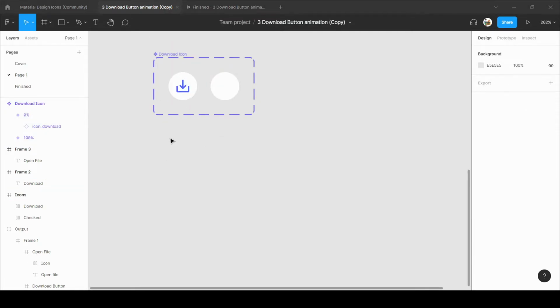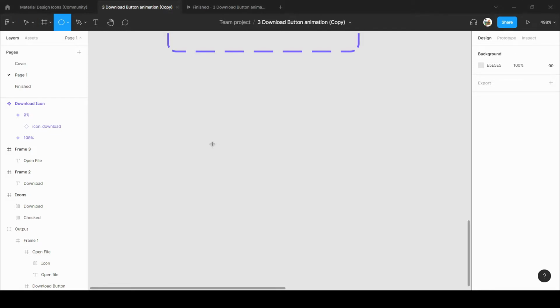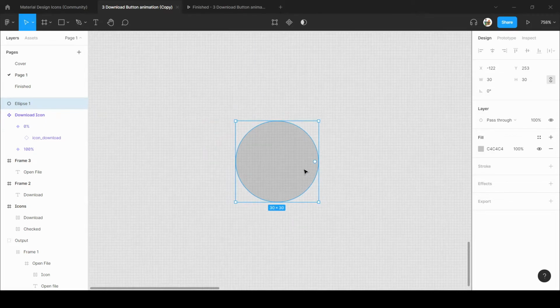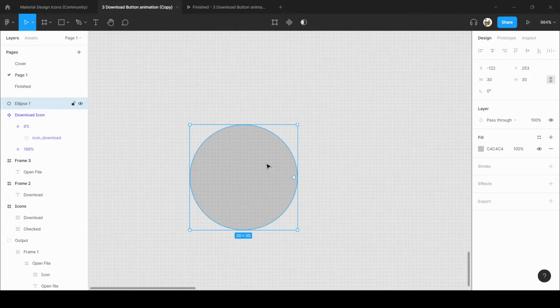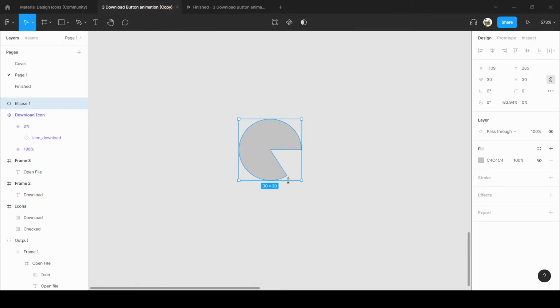Now we are going to create a progress bar. So it's a little bit complex. So for that circular progress bar, I will draw a circle first with 30 pixel in width and height. So here just make it an arc like this, and from here select 100% fill, and here we have 85% in width like this.